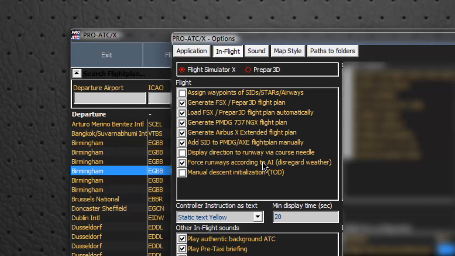Prior to this release of ProATC, it was not working quite right, and we were having a lot of problems, which some of you were voicing correctly on the forum. This has now been fixed, so my advice is please leave that unticked, and the AI and yourself will be